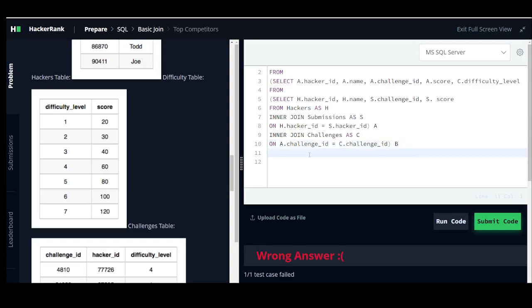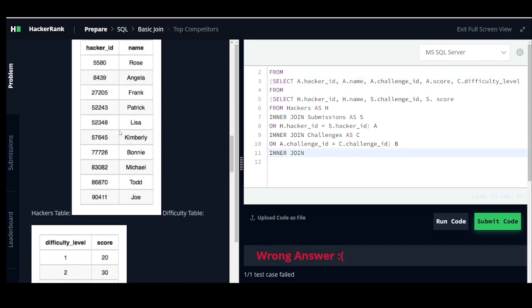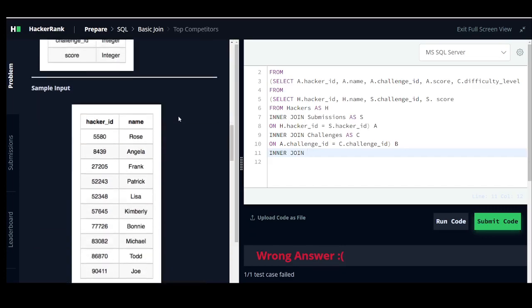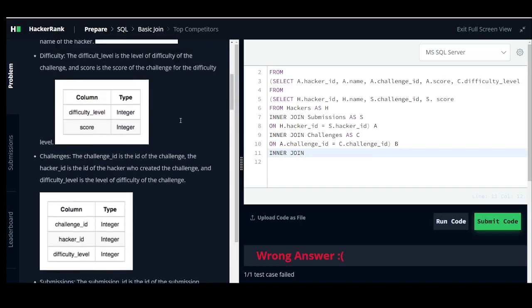From this I will do inner join, so inner join on this difficulty level. Now I need to do an inner join with this